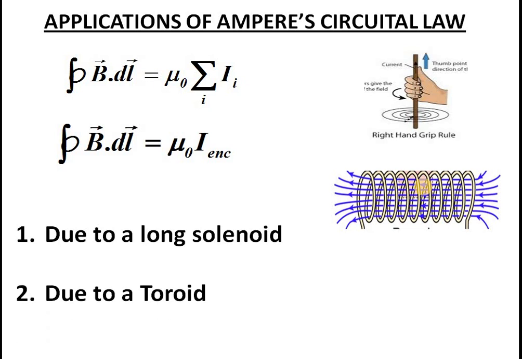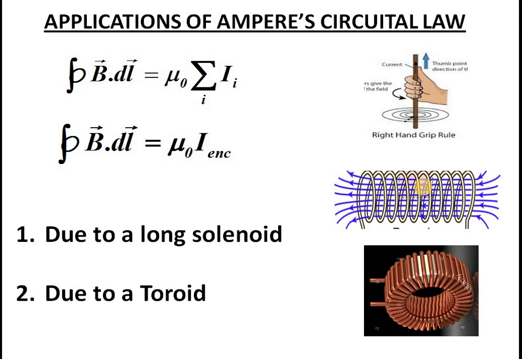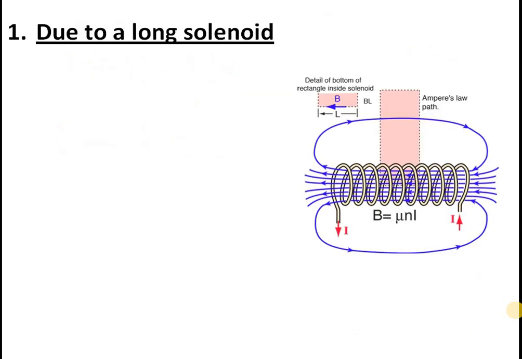Similarly, we will also see the magnetic field due to a toroid. A toroid is again a geometrical construction using wires, which has numerous applications in science and technology. So we will also find the magnetic field due to a toroid. Because of its important applications, finding the field using Biot-Savart law is too tough, but using Ampere's circuital law one can easily find the magnetic field in such geometries. So let us see one by one, first starting with the solenoid.